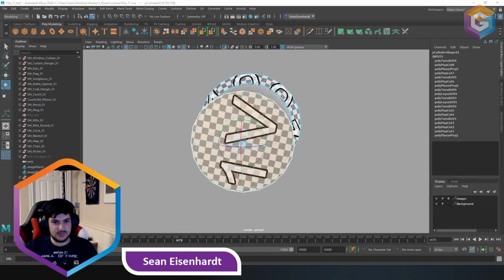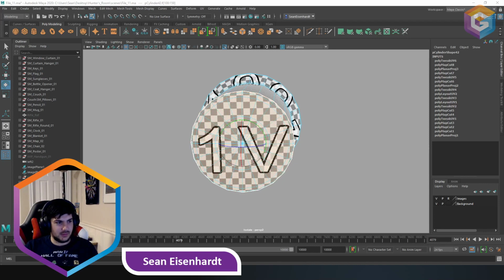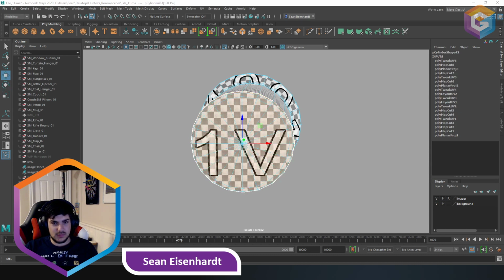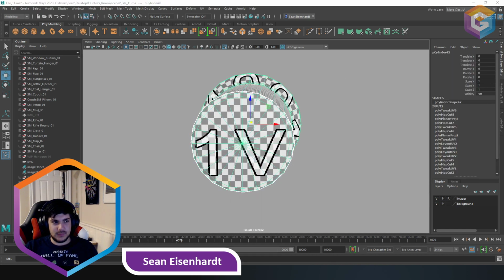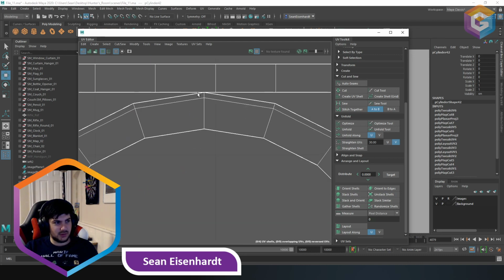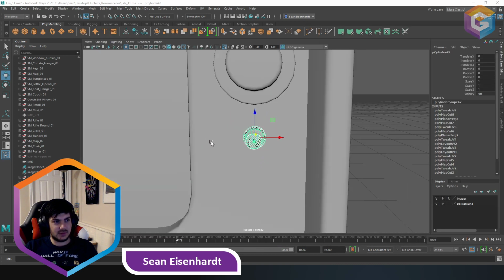Now let's turn this more this way. A little bit cleaner because the UVs are very close together, touching edge, which isn't the best. So, yeah. Anyway,